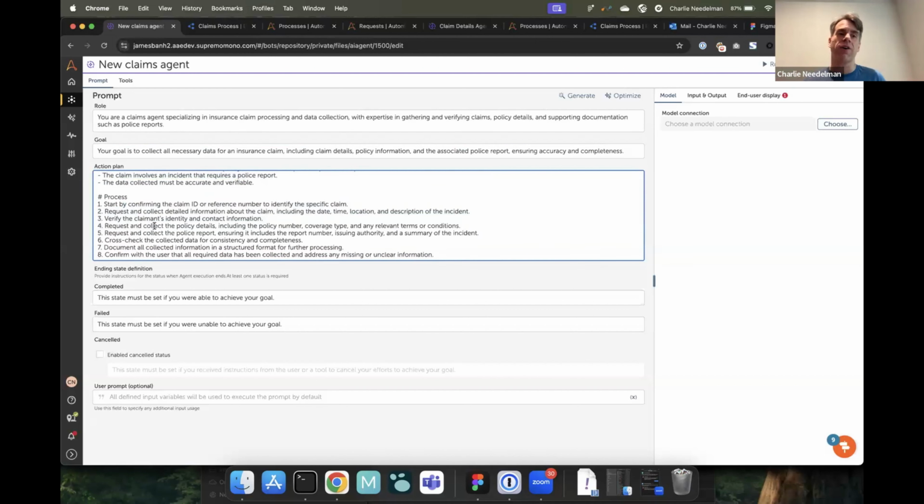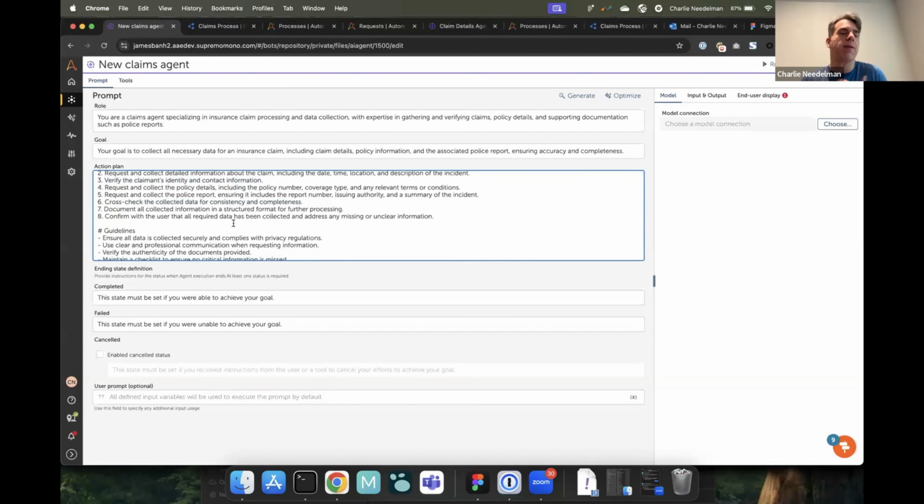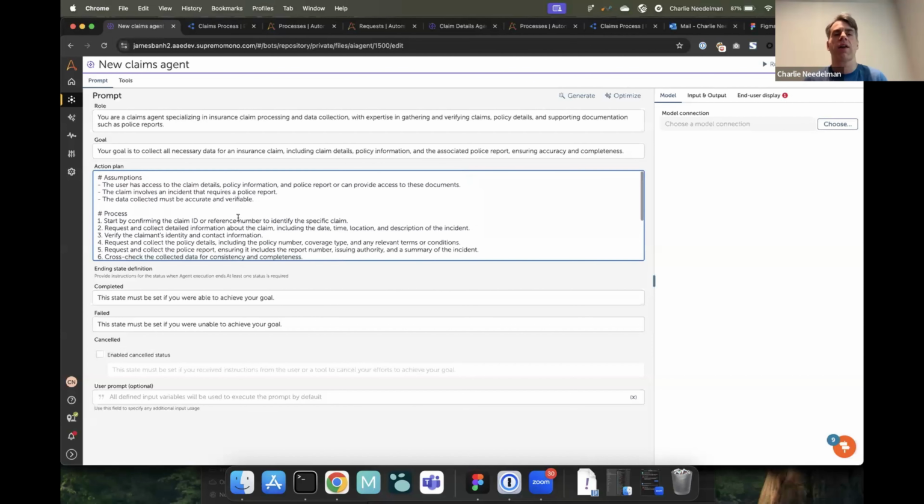And actually, one of the things I found pretty cool is it even puts things in there that, again, I didn't write, but that make me think, oh wait, I need to create an automation for that. Or, oh wait, I need to do this for that particular step. Yes, I need that. So here it includes, request information about the claimant's identity. Maybe there's some database where you realize, oh, whoops, I forgot to create a connection to that database, for whatever it may be. It talks about cross-checking, collecting documents, all this kind of thing that I may not even have thought through, and I can go through and now edit it as needed.